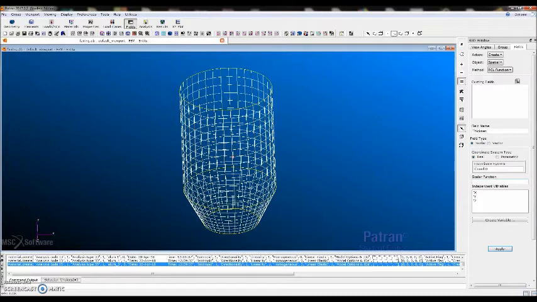The scalar function is going to be 1 point... This is a little bit difficult. It has to be 1.5 minus